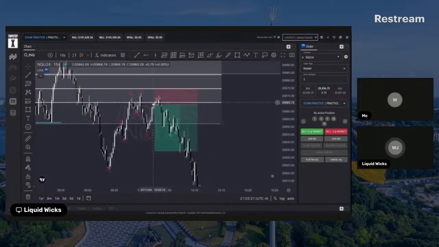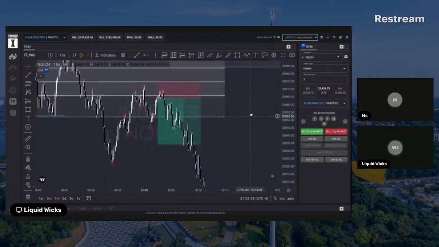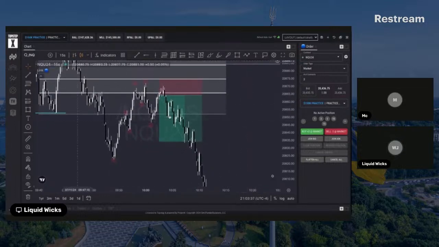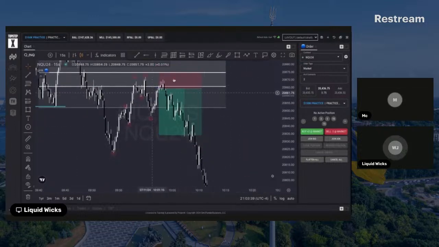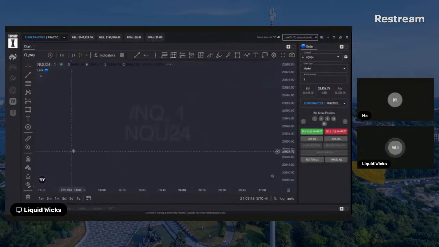This was right around the start of a new hour. When you have a new hour or a new 15-minute candle or a new 4 hour candle, usually we can bank on other time frame traders to drive the market. And this is a 15-second time frame that I'm looking at it on. So if I look at the 1 minute,